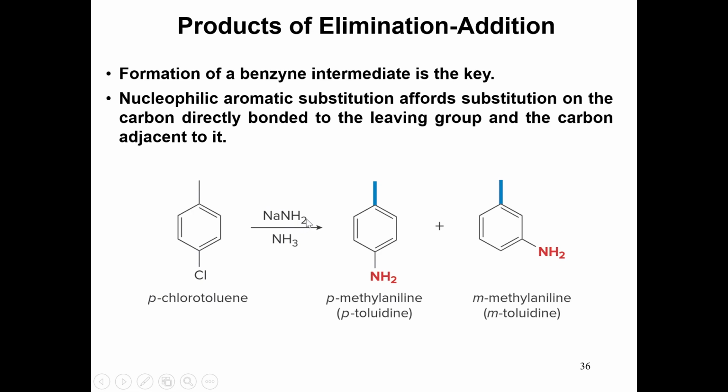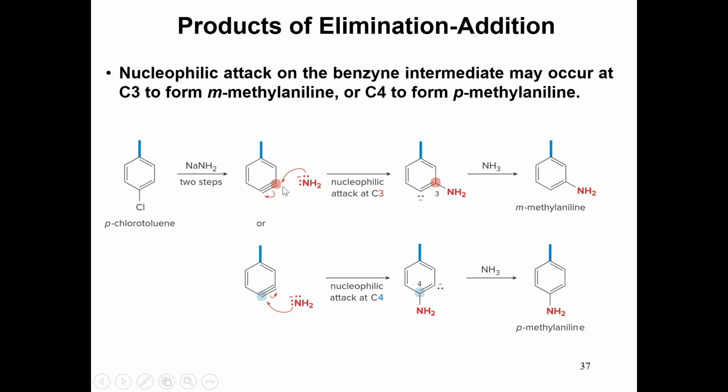Actually, the first step of the reaction is an elimination reaction, because the chlorine here is a very good leaving group. So the first step is the elimination of HCl. Again, because the basicity of the sodium amide is so strong, we do an elimination reaction to form an alkyne. The next step is the